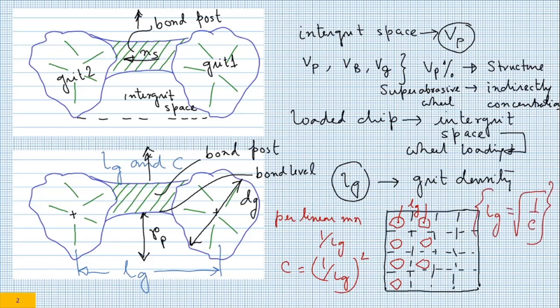This particular analysis would be required. How to find out RP and all that we will do, but try to understand, if you have uniform distribution, this is very important, then only this particular thing is valid. Unfortunately in a grinding wheel things are not uniform. So when you calculate LG using this equation, what you get is the average representation of the pitch. So we can call it the pitch between the grids. How to calculate RP, that is the protrusion? We will not talk today about RP. We will talk about it only in a later class.